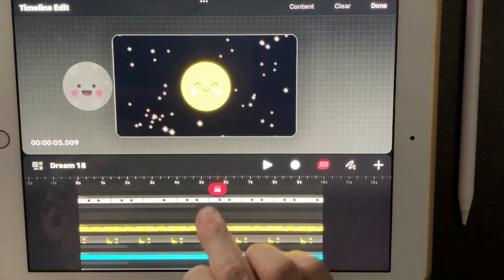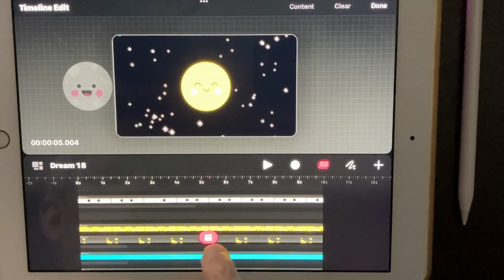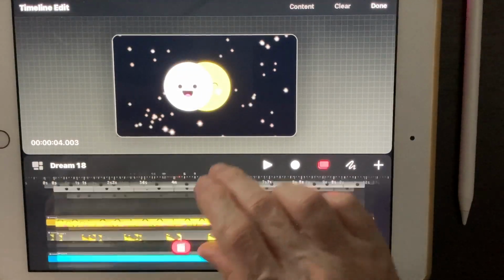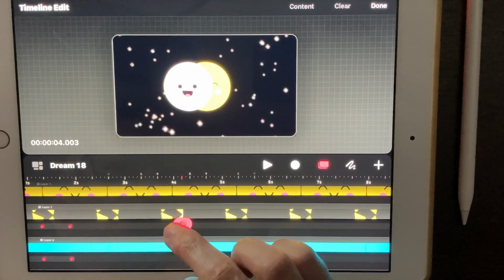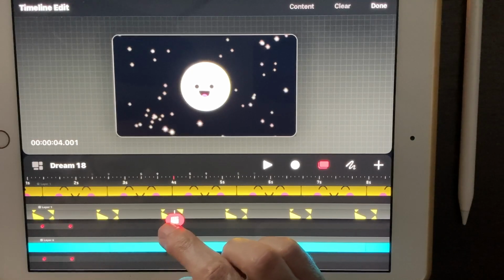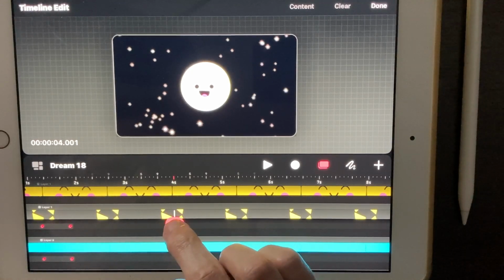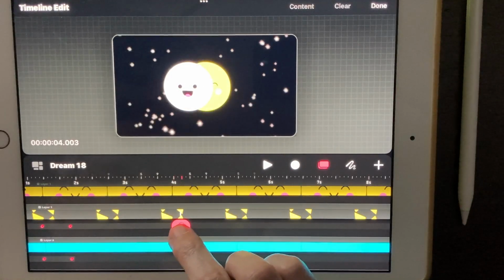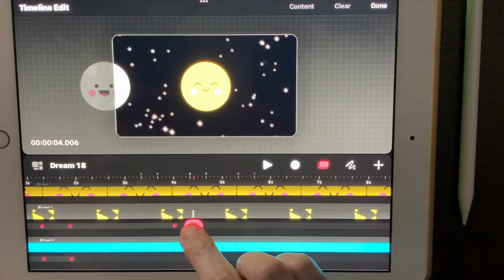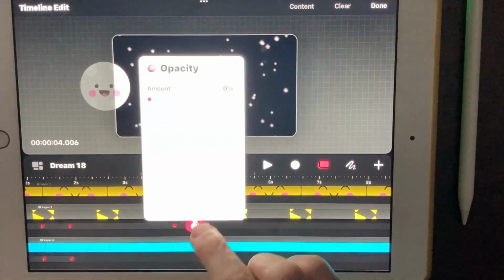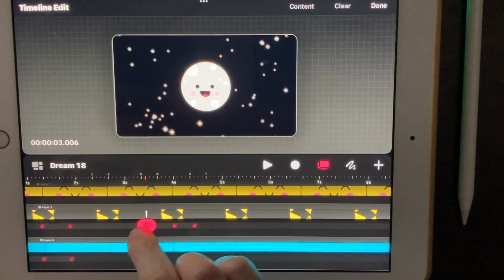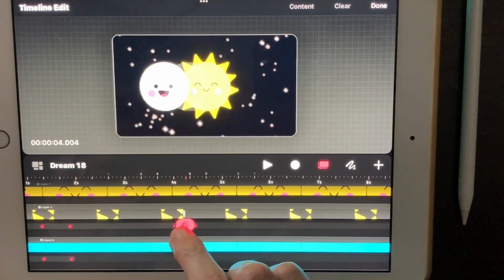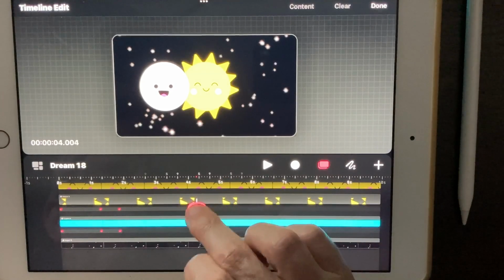Okay, but as he leaves, we want all this stuff to fade back in. So we want the rays to fade back in. So let's go back to our rays, and we want them to be completely blank still. But then we want them to fade back in to about right here maybe. Let's see how. Yeah, I like it. Okay, and then also what we want to do is we want the sky to fade